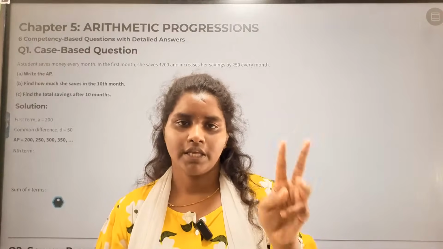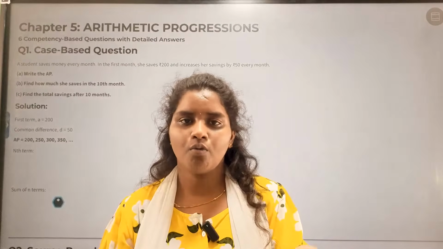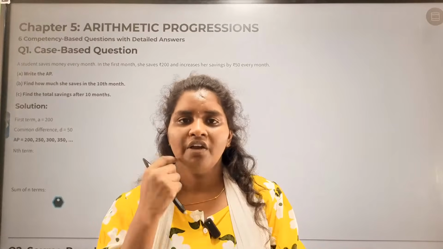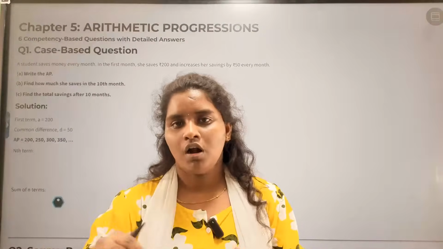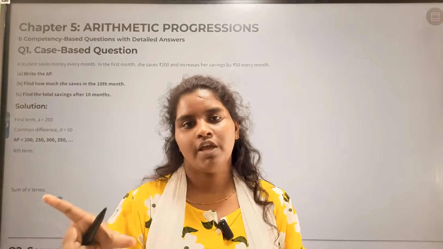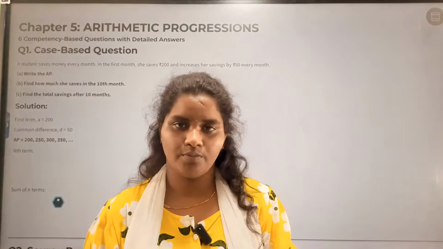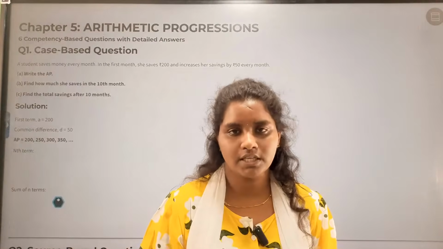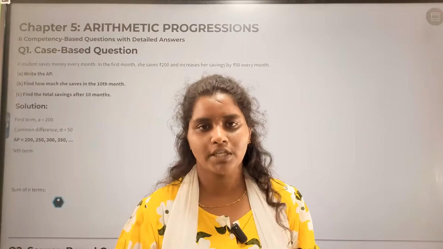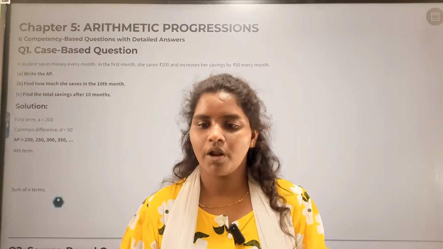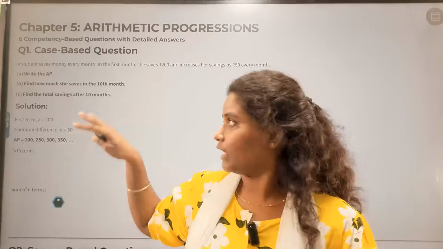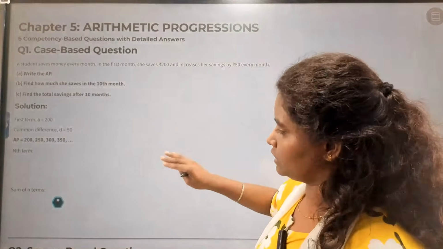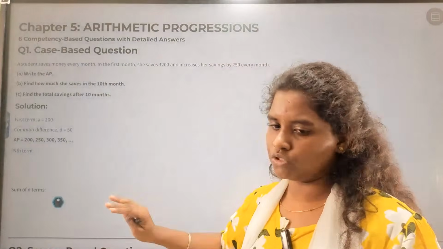Then the second is the sum of n terms of an AP. For example, if they give 2 plus 3 plus 4 and so on, in this we have to use the sum of n terms. So the sum of n terms is Sn is equal to n by 2 into 2a plus n minus 1 into d; that formula we have to use, right? So in arithmetic progression we have only two concepts. In that, we can make case based questions, source based, application based, numerical. So all types of questions we have here, right?